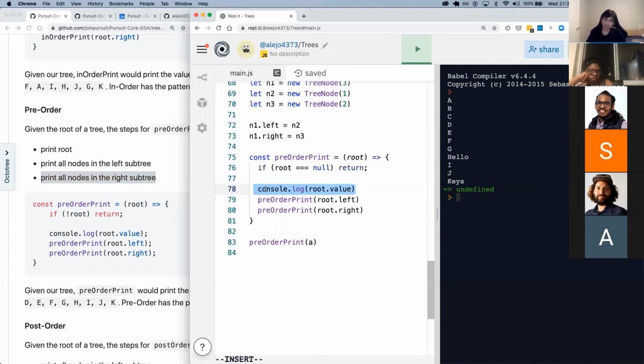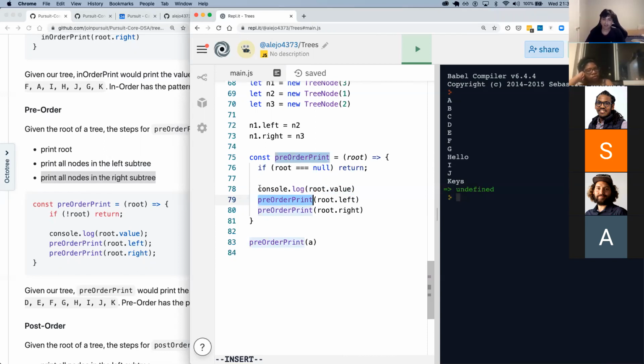The way in which that's happening is by calling the function again. Because we said a tree is made out of subtrees, or nodes that can be subtrees, we just need to call that function again with the left subtree and the right subtree.